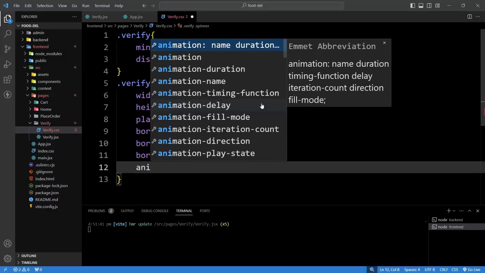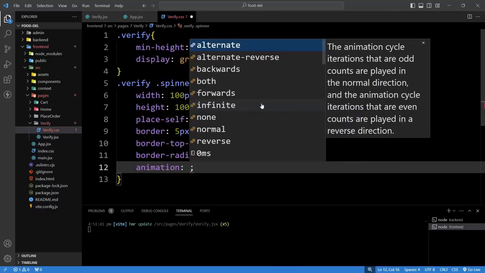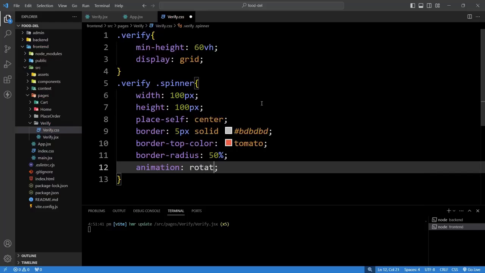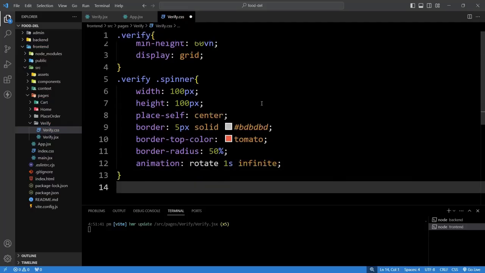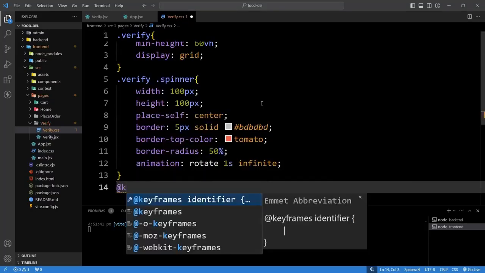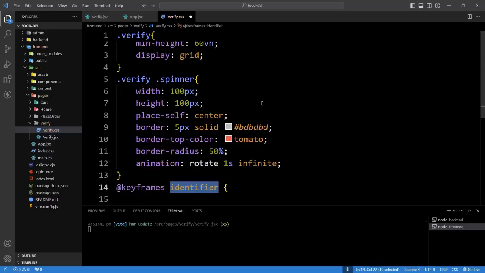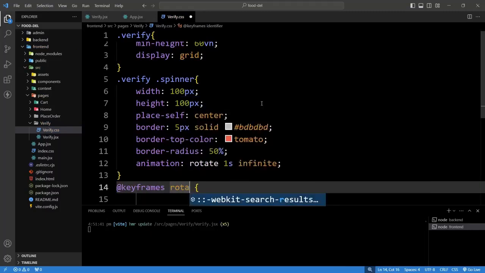After that we will add the animation, and to add the animation we will use the keyframe. So let's add the keyframe name rotate. It will be for 1 second and it will continue to infinite number of times. So here we'll create the keyframes for this animation, and we will use this name rotate,